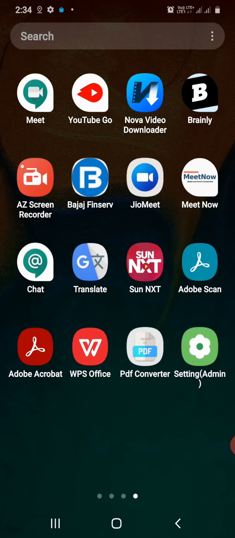Children, through the classroom we have to send the notes and the answer sheet as an image to the subject teachers. To send, we have to keep something in mind: which app you have to use and how to send. These two things you have to keep in mind. Then only it will be easy for teachers to correct it. So I will explain here how we can send the notes, or after the exam how we can send the answer sheet image to that particular subject teacher.